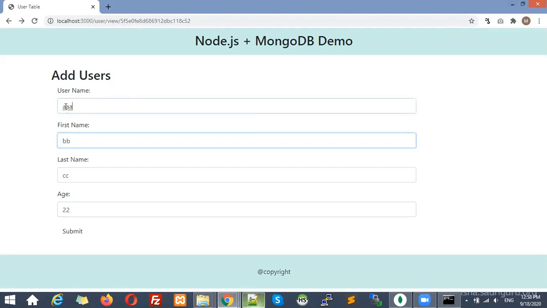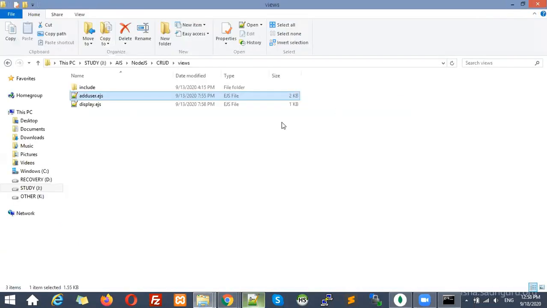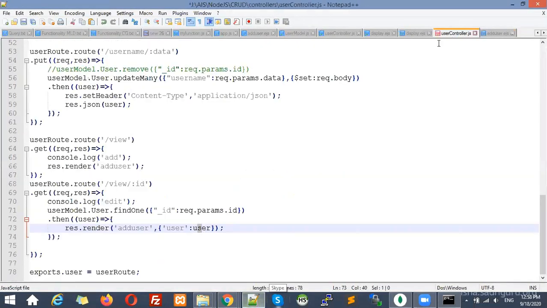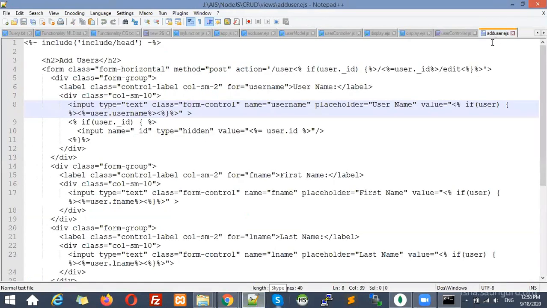So this value is coming through the value field, right? So that value field, here you can see, in input and value, what have I passed? Because here I need to give a condition.